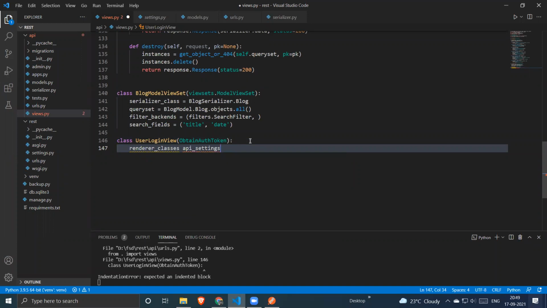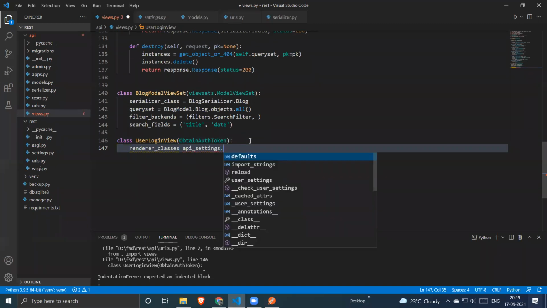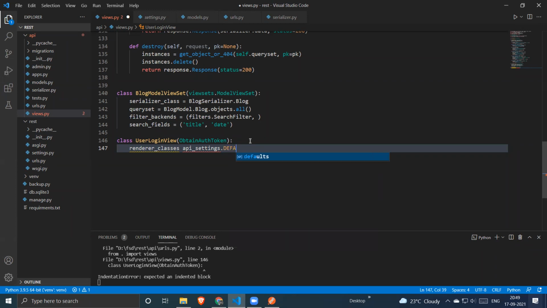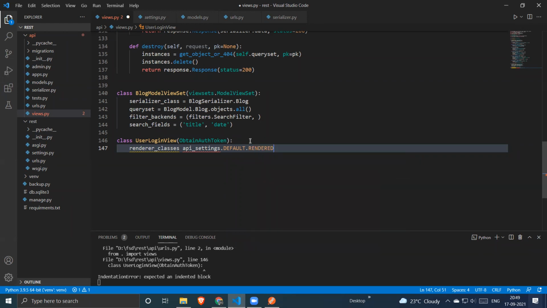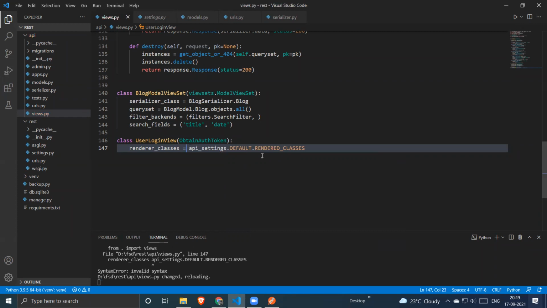And from that API setting, from the settings, we have to import default renderer classes. Okay, sorry, default_renderer_classes. Okay, what is the error? We forgot to add is equal to.